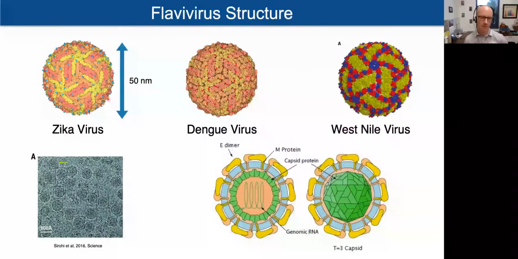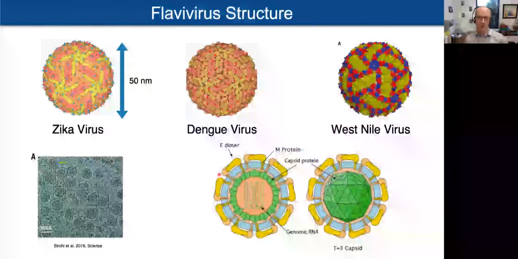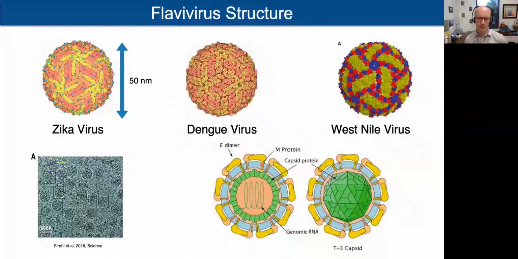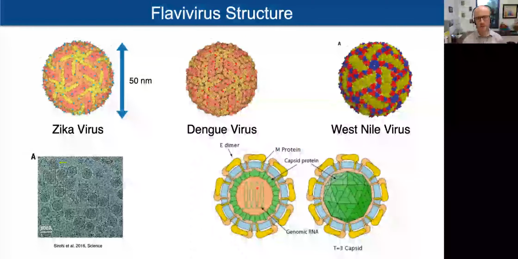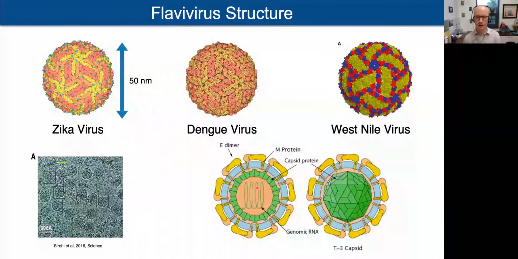They're about 15 nanometers in diameter, they're spherical, and they have this coat of proteins that is arranged geometrically on the surface. This is a cross-section schematic of a typical flavivirus. So these are the proteins that are arranged on the outside. Underneath that is a lipid membrane, and at the very center is RNA, similar to the coronaviruses. So that's a quick primer on Zika virus structure.